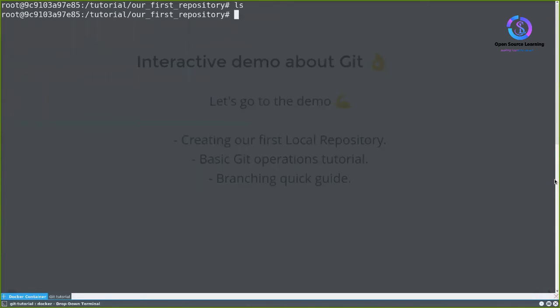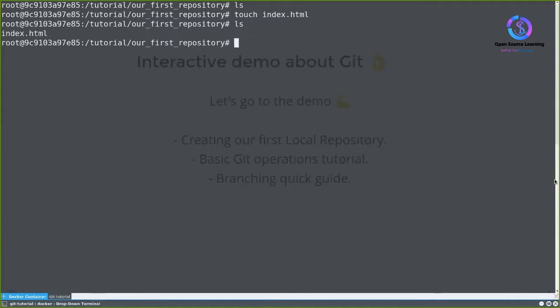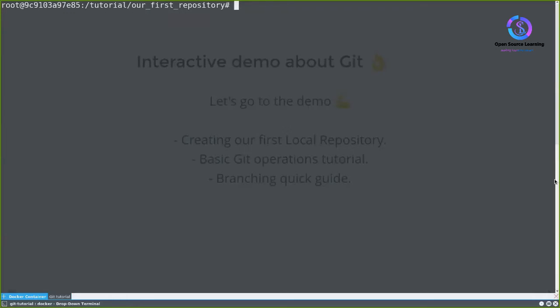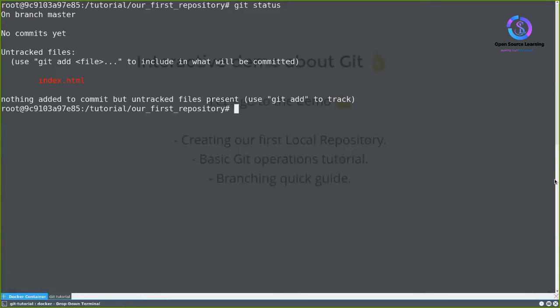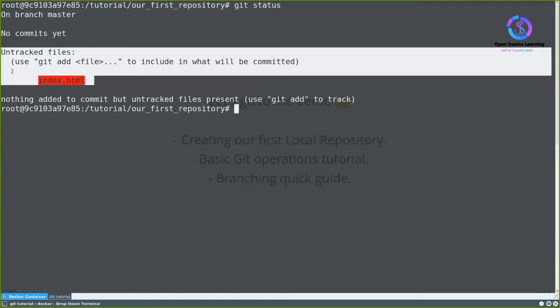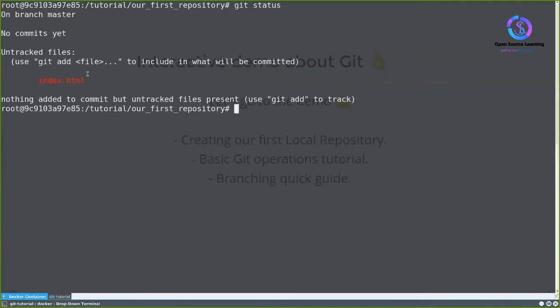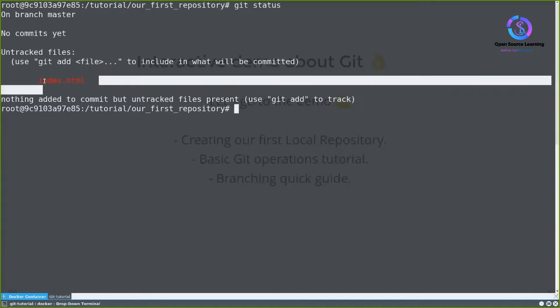After that, we are going to create a new file, a very simple file, like in the example, we are going to create an index.html. As you can see, here's the file. And here is our next Git command. If we do git status, you can see that we have untracked files here. And what this means is that Git detected that there is a new file, but this is not being tracked